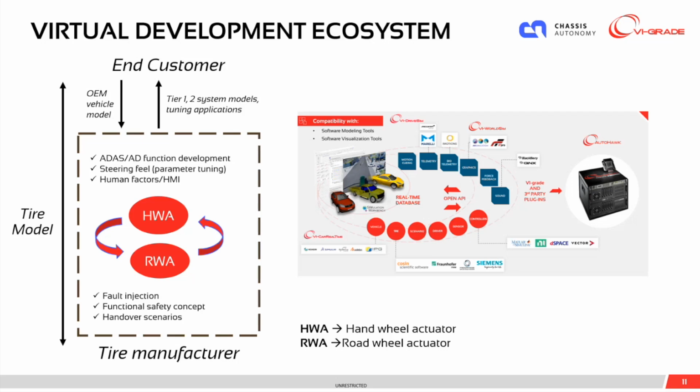So here you have a workflow from the end customer all the way down to the tire manufacturer with the system suppliers in between. The typical workflow would be: the end customer would have an OEM who works together with the tire manufacturer in what is called a virtual tire loop. And then they test different iterations of a tire, and once they are satisfied with a particular status at a certain phase of a project, they then share that vehicle model plus tire model with the system supplier,